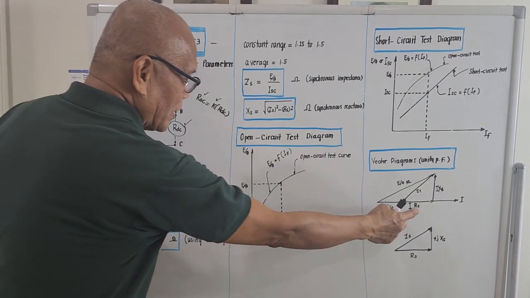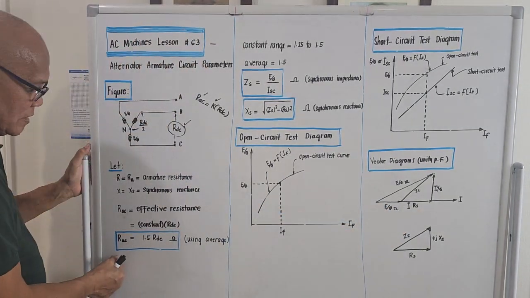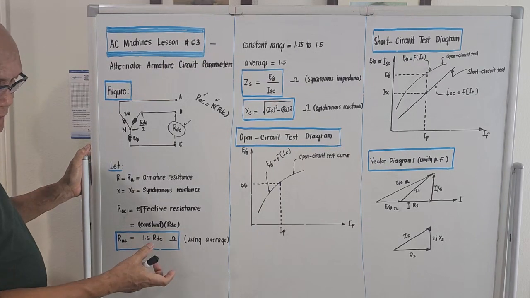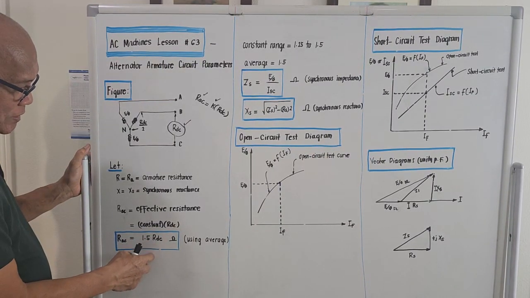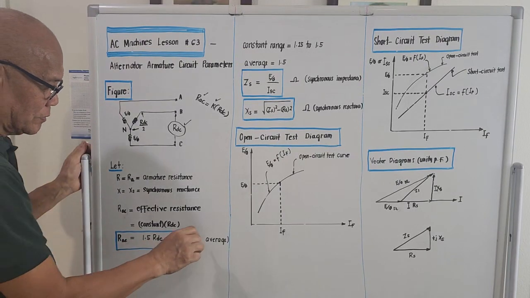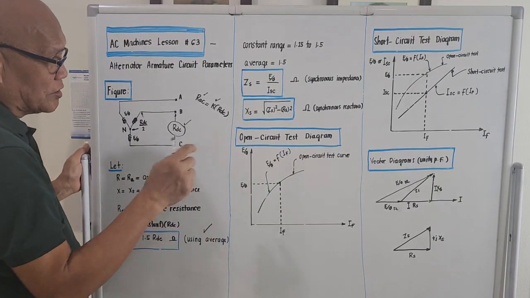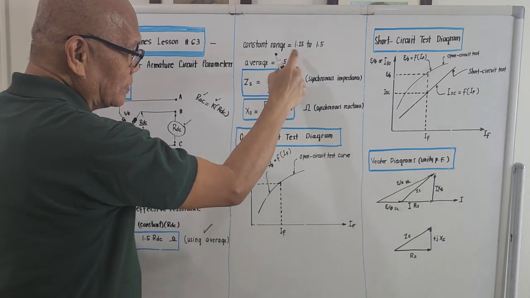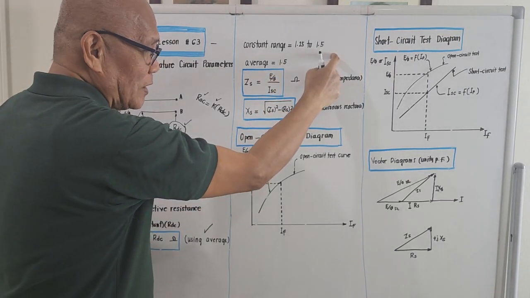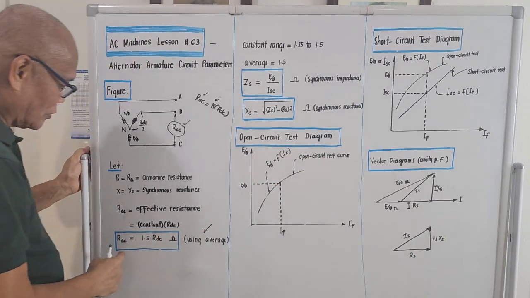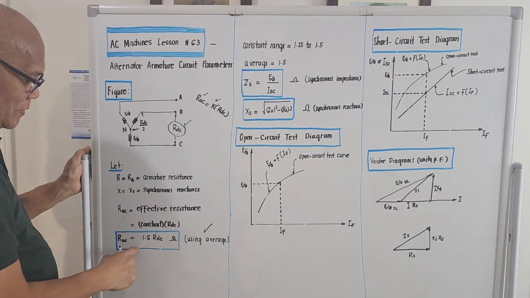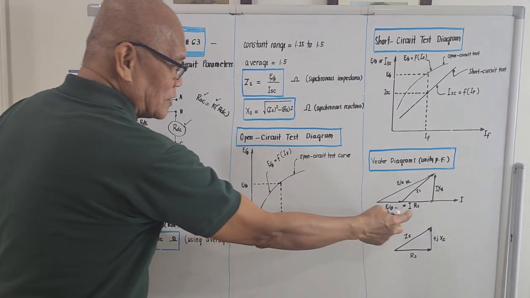This resistance over here, RS, is RAC. It should be given by the formula 1.5 times RDC using the average value. Because there is a range for the value of K, 1.25 to 1.5, but the usual value engineers use in the computation of RAC is actually 1.5. So in the computation of this RS here,